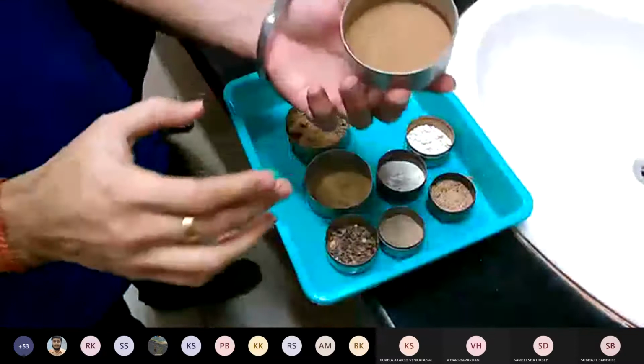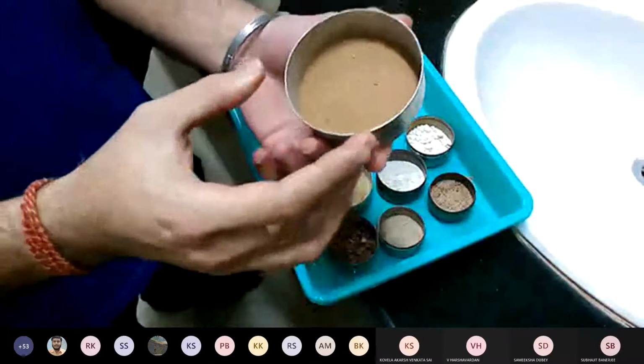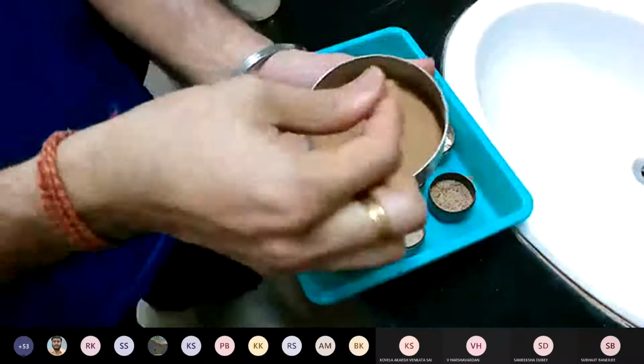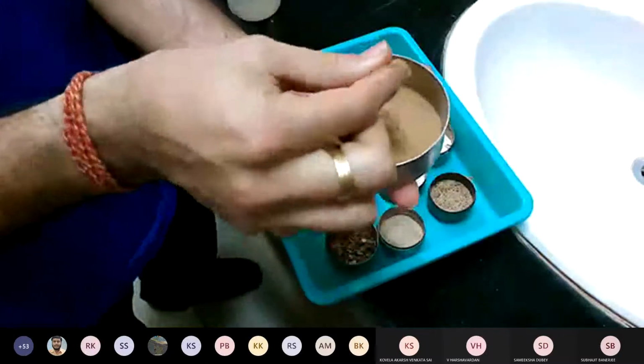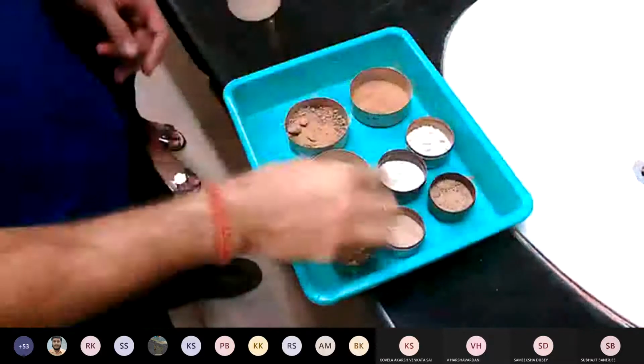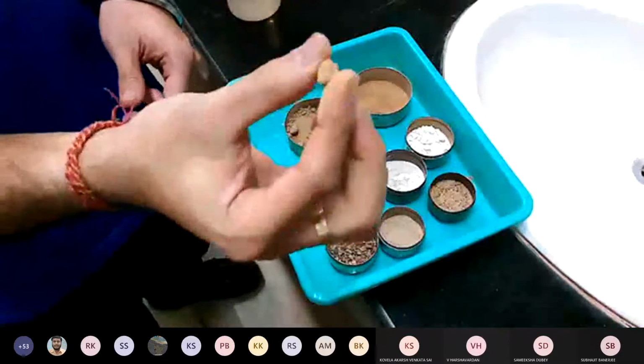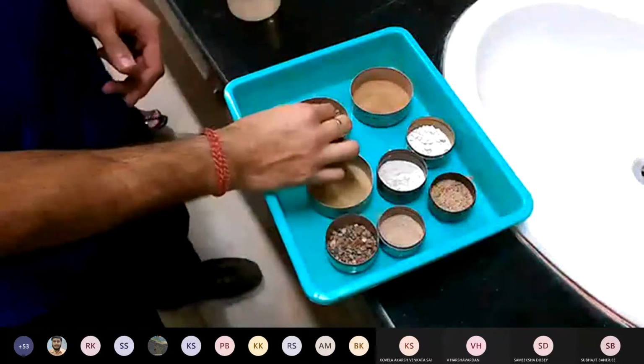As sir showed you, the five samples or three samples that you get. First, you need to see the color. Then you need to take them between your fingers and check how they feel, whether they feel smooth or soft or gritty. Then sir told about these chunks. You can take small chunks of dried soil sample and try to press them. So that will tell you.